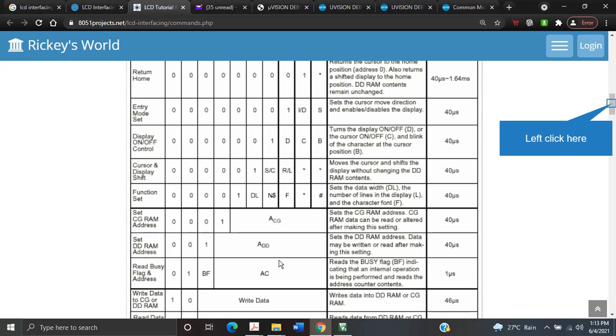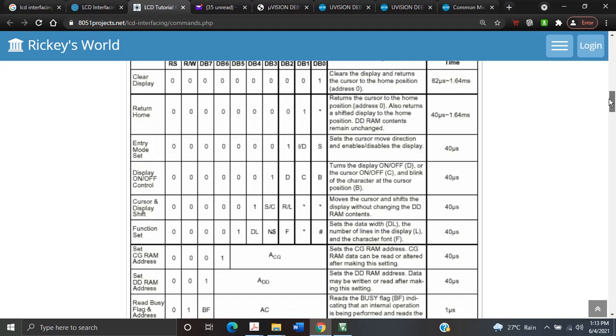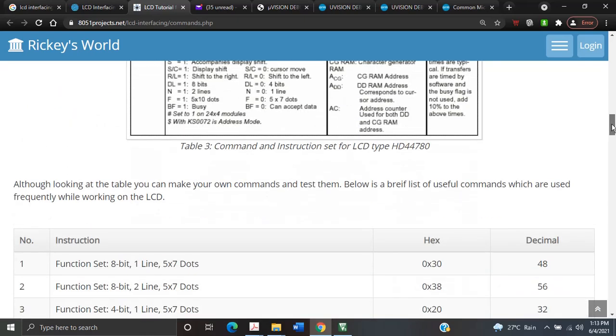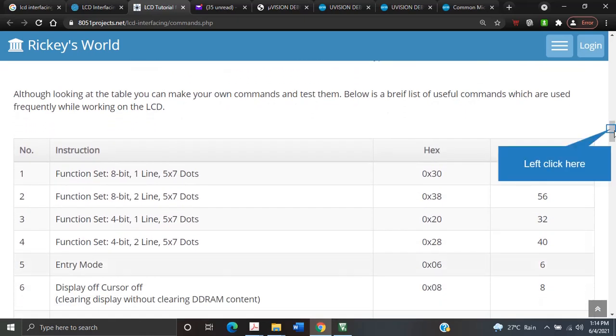So then you can check out, with respect to the read aspect, the buffer busy, reads busy, and buffer flag. Once you know the individual bits and how they can be configured, this is the command word, which is stated over there. What I was stating about is function set.